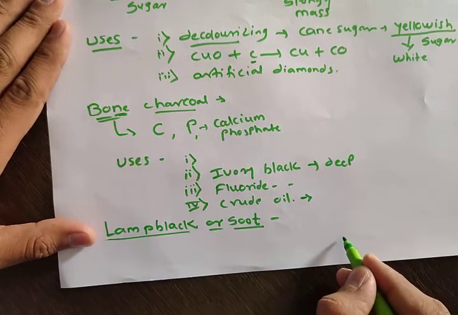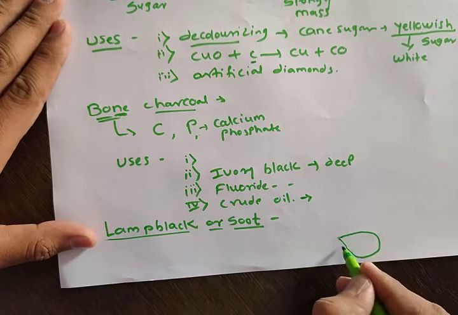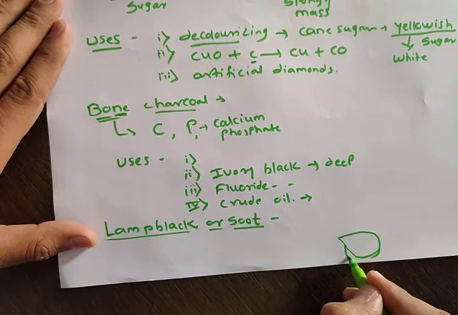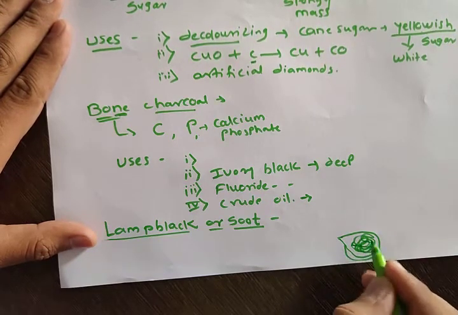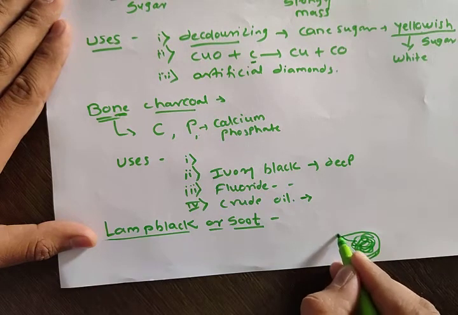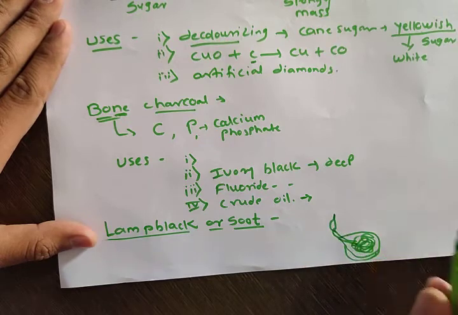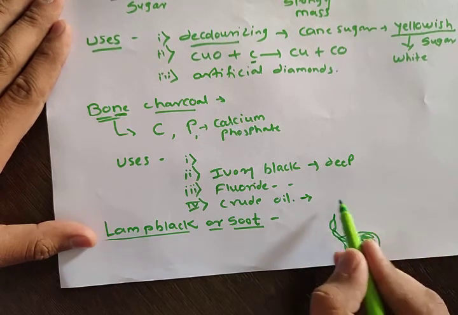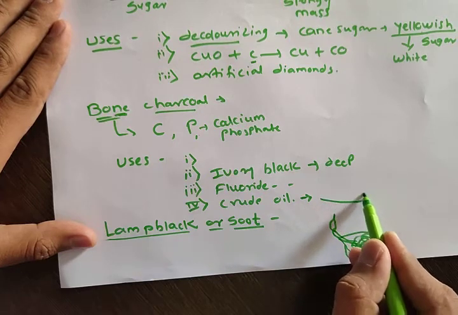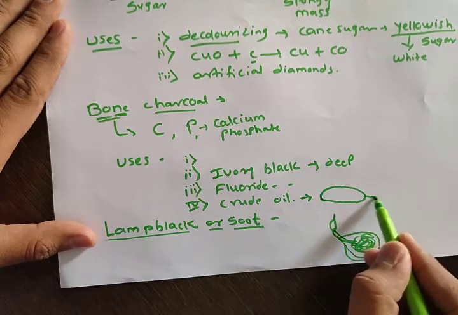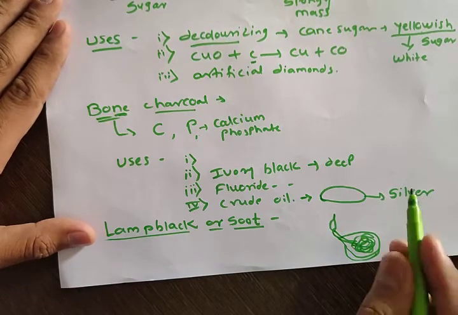Take one lamp, all of you know lamp, which we call a diya. Okay, and put some ghee inside this lamp. Put a cotton thread and just light it. When it is lit, it produces a flame, and just above this flame, take one plate. The plate generally taken is made from silver. Okay, a silver plate is taken.